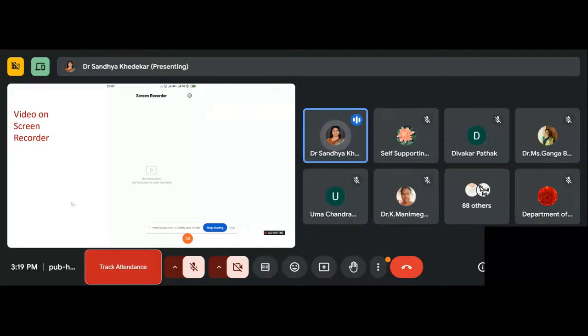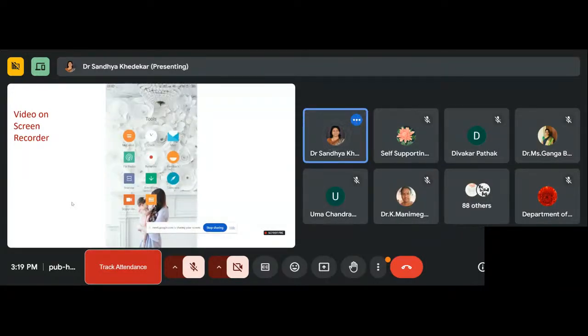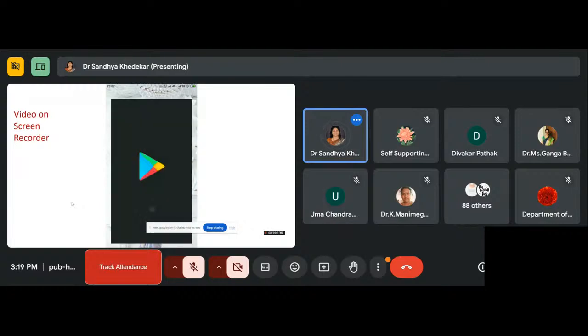It will ask me to start recording. So recording is already started. I'm recording this on screen recorder only. So this facility is available. Now let me show you one more feature of how you can record your screen.